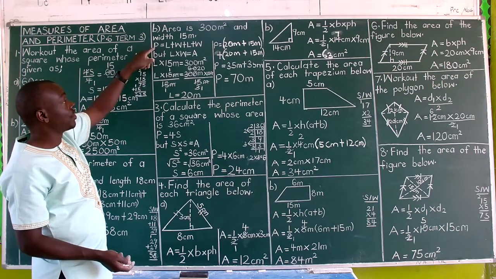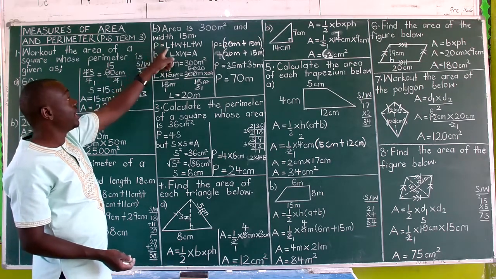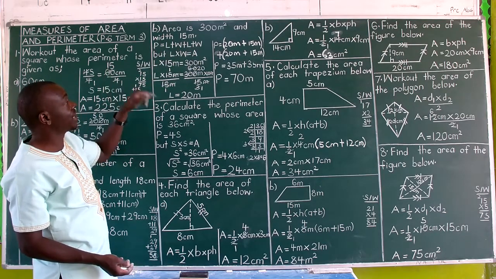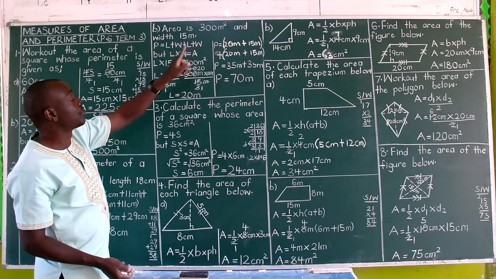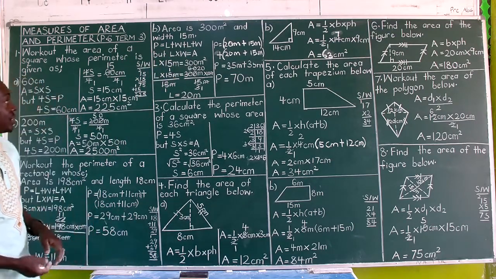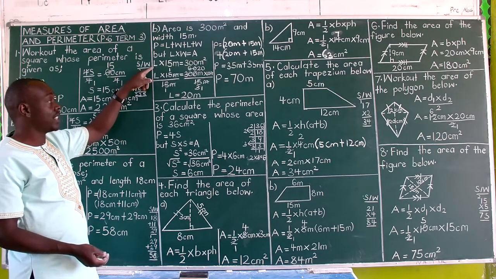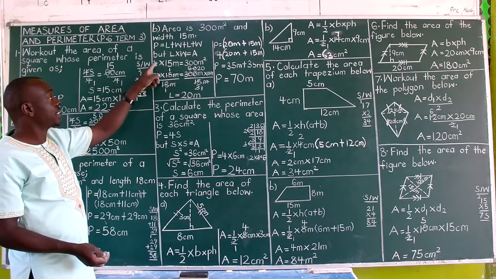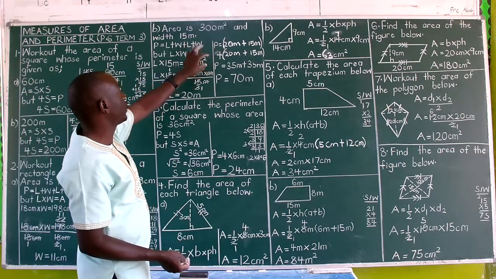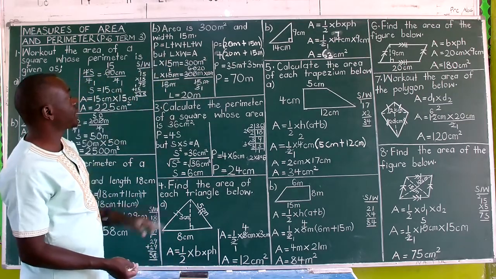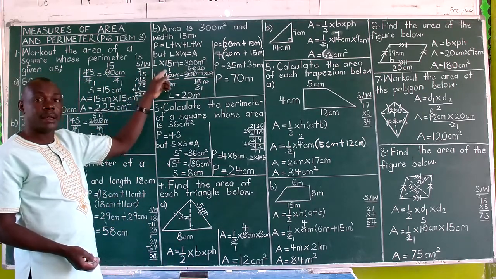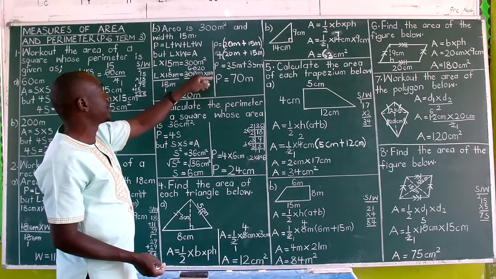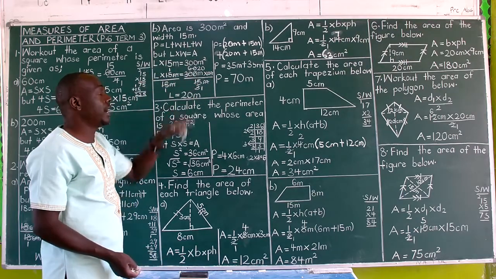So still state that the perimeter you're asking for equals length plus width plus length plus width. But now I don't have the length this time, but length times width is equal to area. So the area will help me to find the length. So L stands for length. Because it is not known, you say length times 15 meters equals 300 meters squared. That's the area. Then you are going to divide both sides by 15 meters. You say length times 15 meters divided by 15 meters equals 300 meters squared divided by 15 meters.